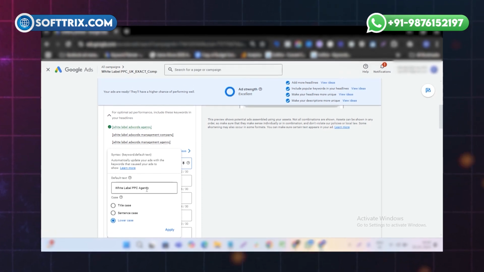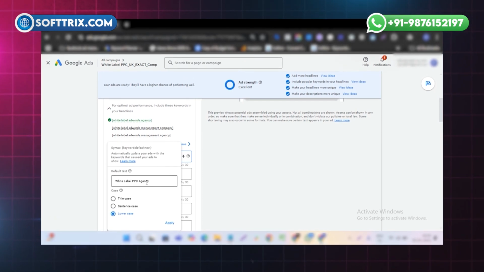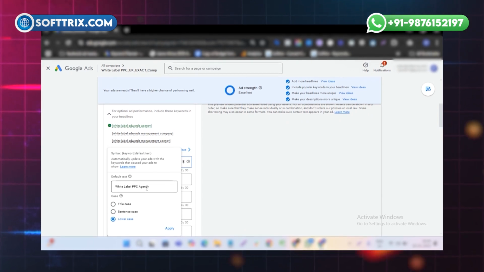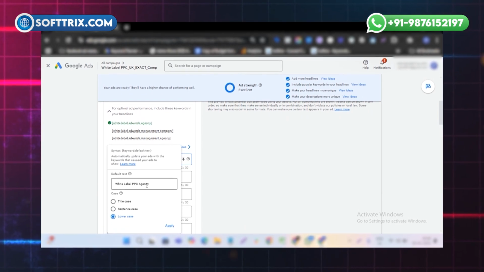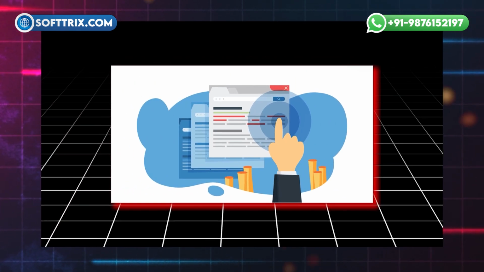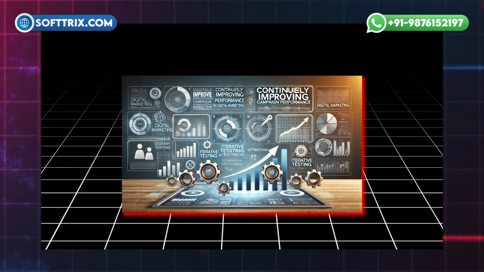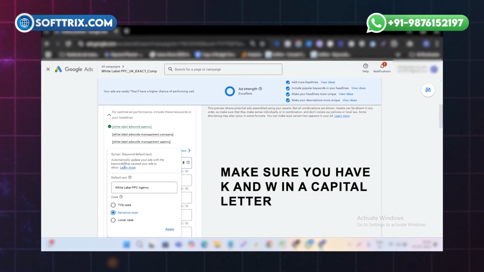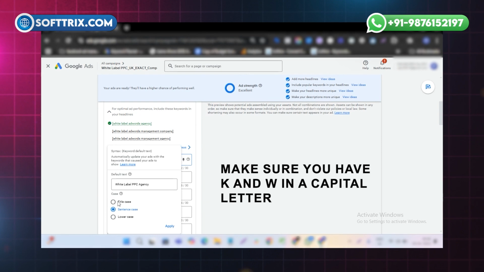I've seen a lot of people make this mistake. Keep K and W as small and then the headline will show as lowercase, and this of course impacts our CTR and this will of course impact our campaign's performance. So make sure you have K and W in capital letters